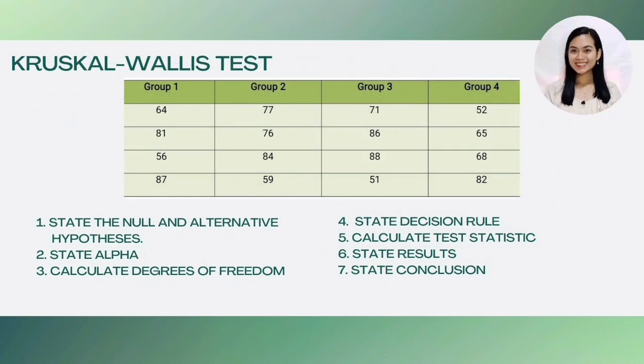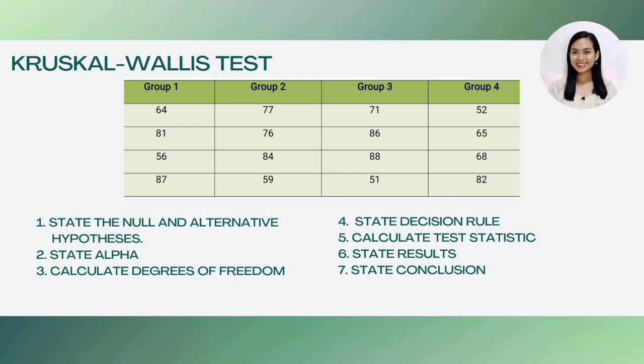The Kruskal-Wallis test has 7 steps. First, we're going to state the null and alternative hypothesis. Next, we're going to state the alpha. Then, we're going to calculate the degrees of freedom. Then we state our decision rule, then we actually calculate the test statistic, and then finally state the results and